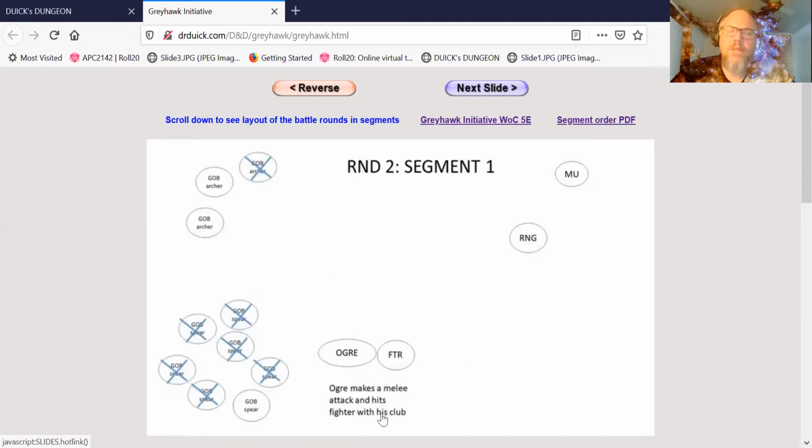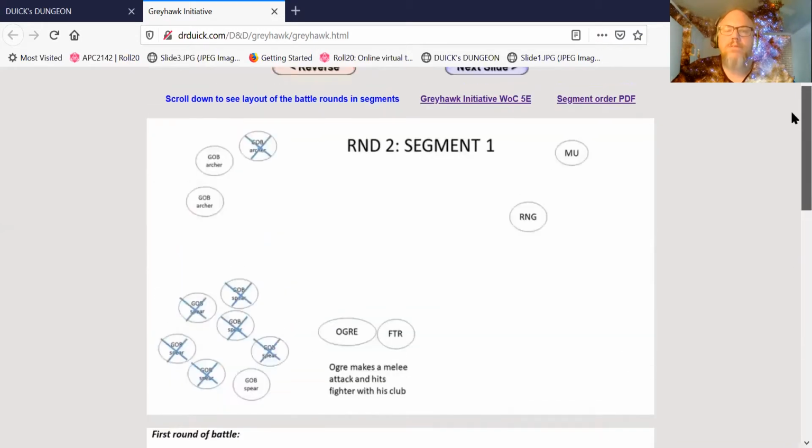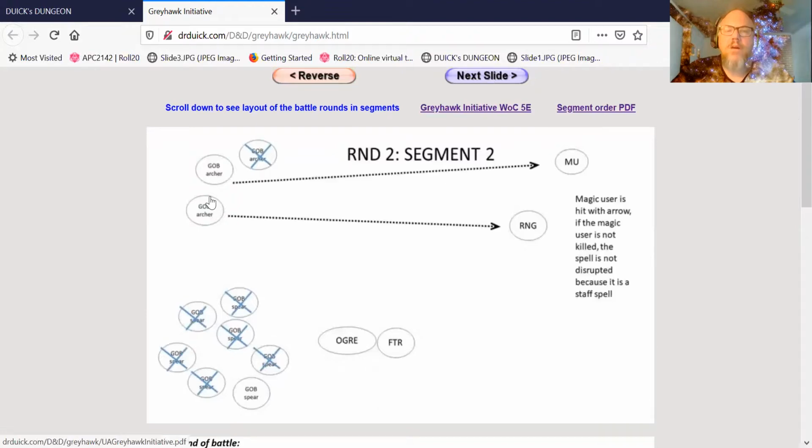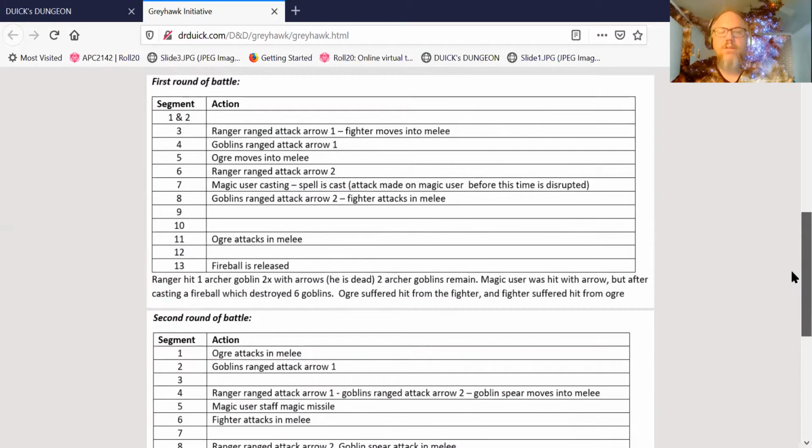The ogre's going to make a melee attack and hits the fighter with the club, right? He was very lucky on his roll. So let's take a look here. So the ogre is going to attack in segment 1. He rolled a 1, so he gets to pound him, right? That's cool, right? And the second round, it says down here, goblins attack on the first with their first